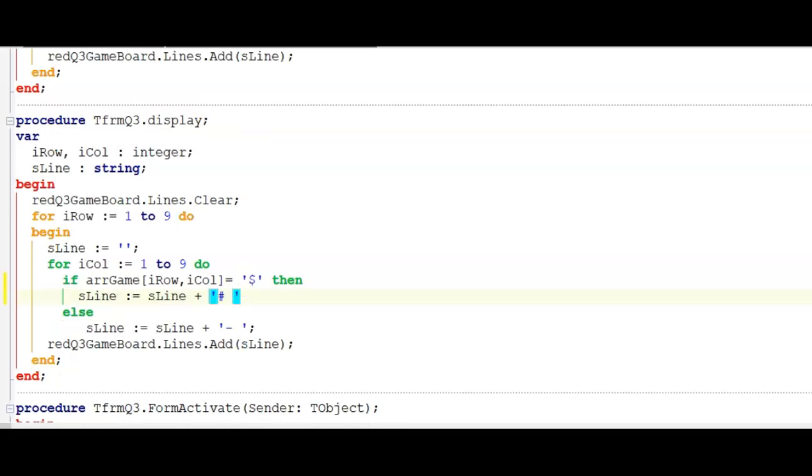This is now my display procedure, so I'm clearing the game board and then I'm looping through each row. I'm starting with a row because I'm displaying in a rich edit. So we're displaying row by row, so therefore it's a row question. You have to start with a for loop for the row. I'm initializing each string that I'm going to display as an empty string every row, and then I'm looping through